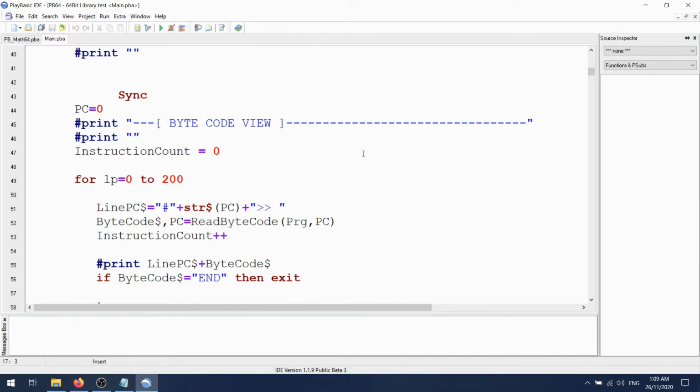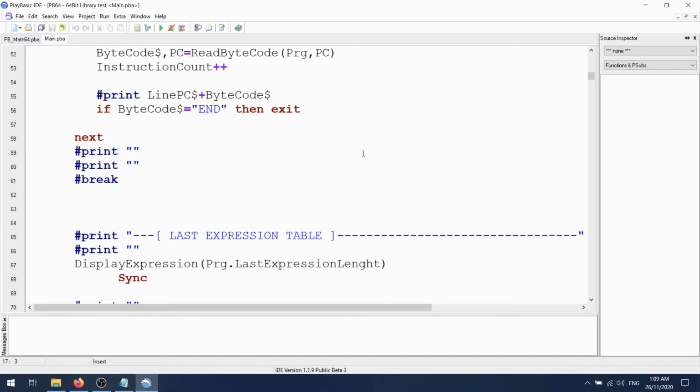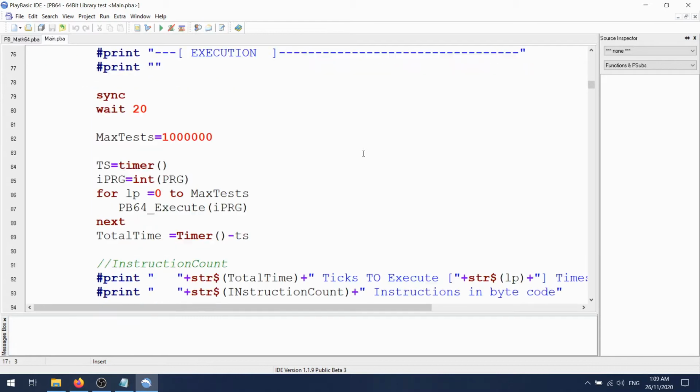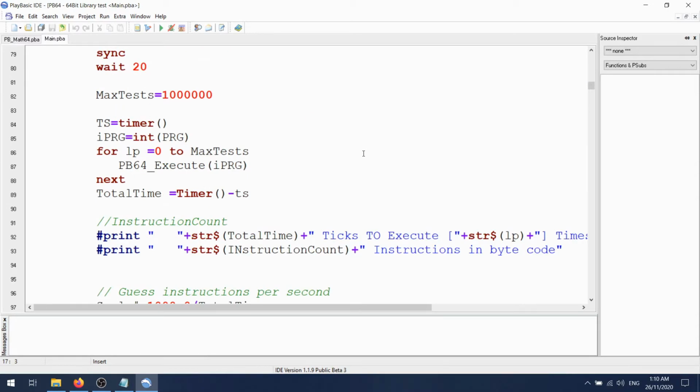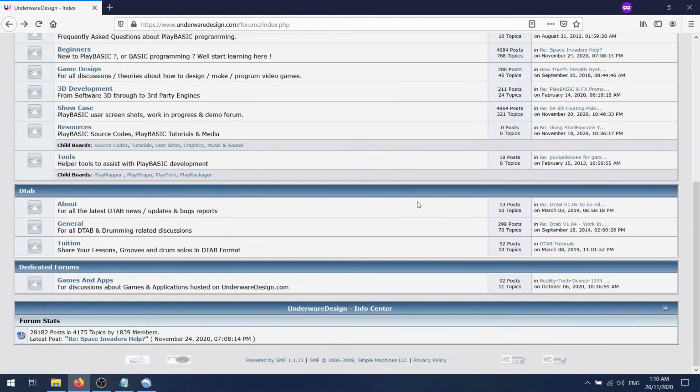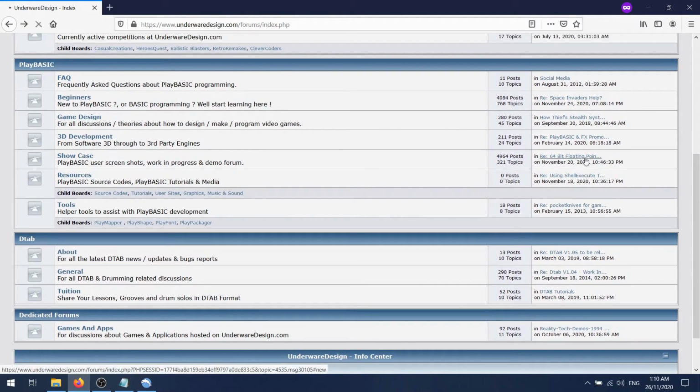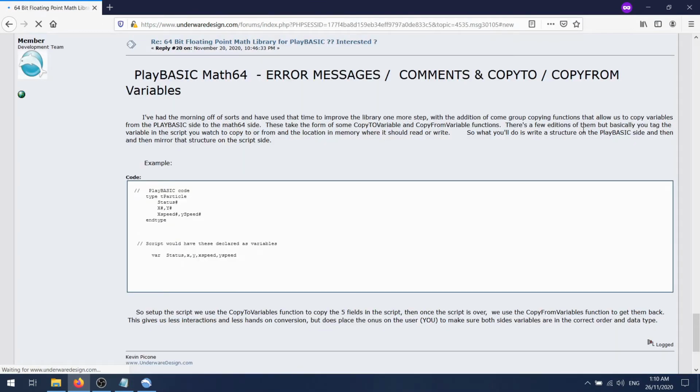I can't think what was added now. I updated it actually a week ago, probably maybe two weeks ago now, and meant to do this back then, but had some troubles with real life stuff getting in the way, as they do. I've kind of forgotten some of the things I was working on. If we just jump back to the forum, I know it was in a post there. Just to refresh my own memory for a second. Oh, of course, the copy to and copy from thing.